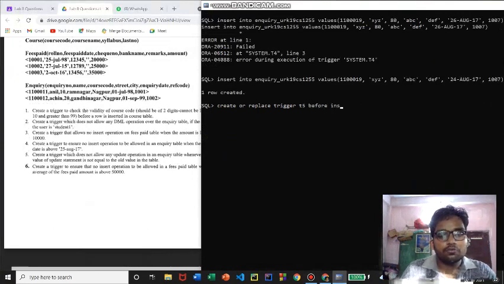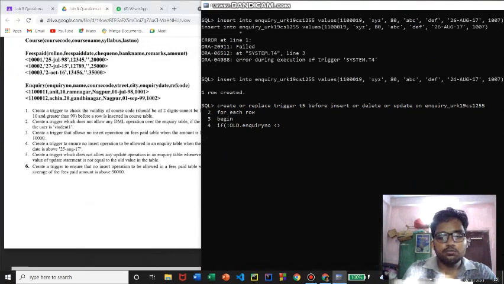Name it as T5, before insert or update on inquiry table for each row, begin if old.inquiry_number is not equal to new.inquiry_number, then we would raise an error, code 2915, and let us say it has failed, and end if, and end for the begin, and that's it, trigger has been created.